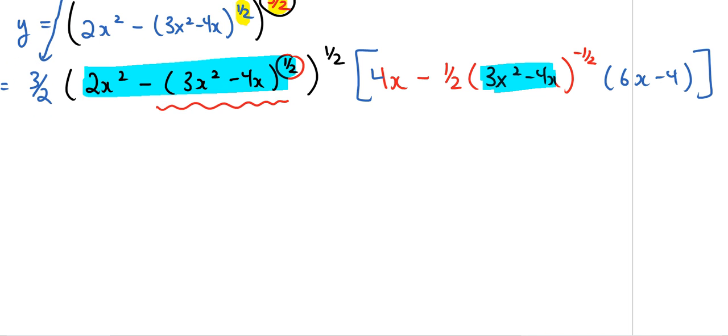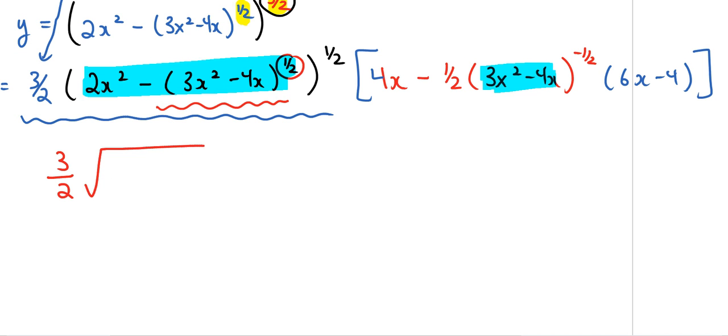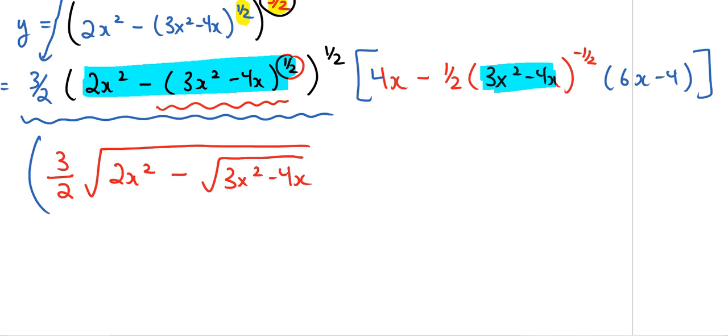All right. Last thing I need to do here is I want to simplify this problem as much as I can, and this is going to be a little bit difficult here. Let me start with this part of the problem first. Let me see if I can simplify that. Okay, so this is going to be 3/2. Now, if I put my square root signs back in, this would be the square root of 2x squared minus the square root of 3x squared minus 4x. Okay. I'm going to put that in a bracket there because I'm going to multiply that with this whole thing now, highlighted in yellow, and that's not going to look very nice, but this is going to be 4x